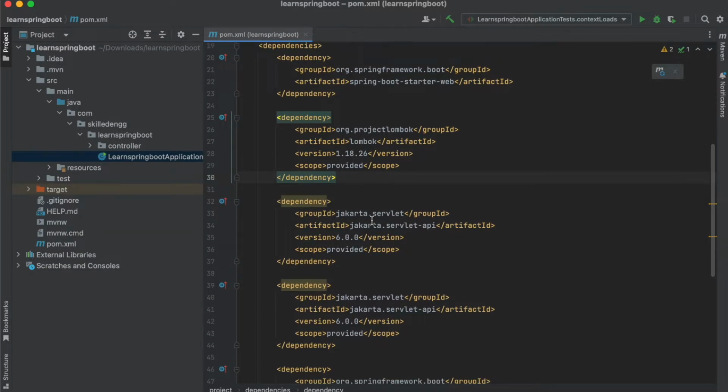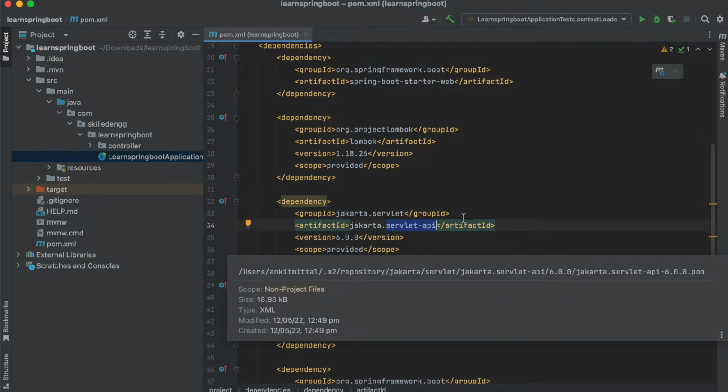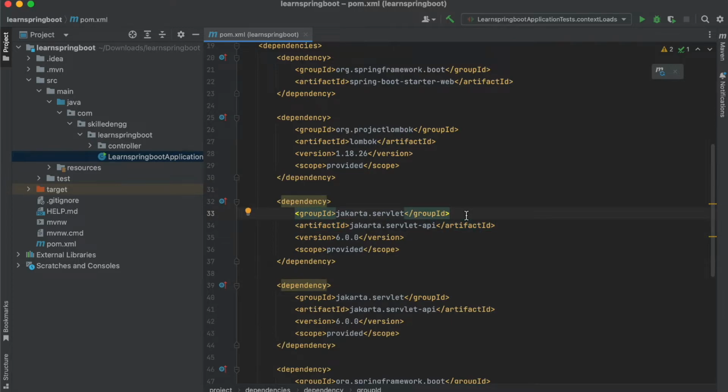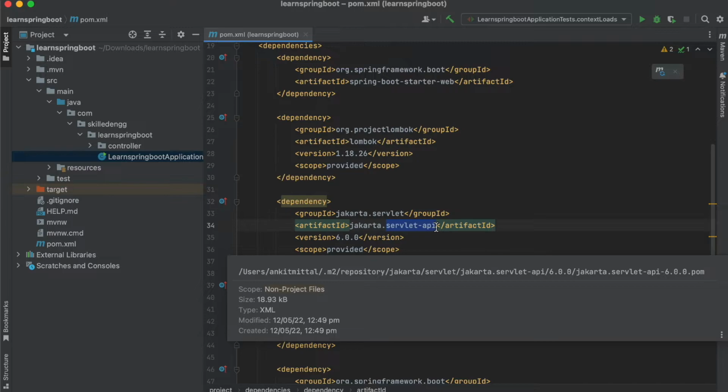The first scenario was when the dependency will be provided by the application container or the web container at the runtime. So the servlet API is one of the examples for that scenario. Let's say we are building a web application and we will be deploying that to the web container at last. Then we do not need to add this dependency into the war file or the jar file, and we can use the scope provided so that it will not be added in the packaged file, and this particular servlet API dependency will be provided by the web container itself.